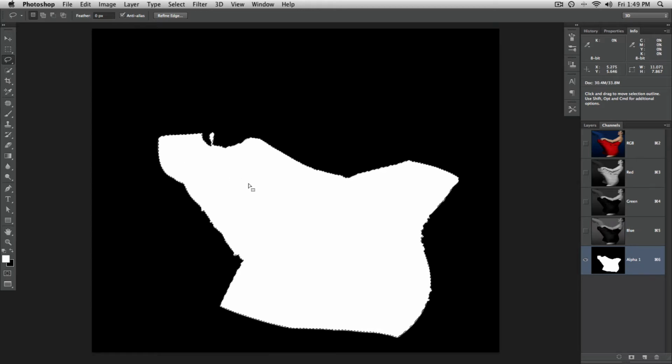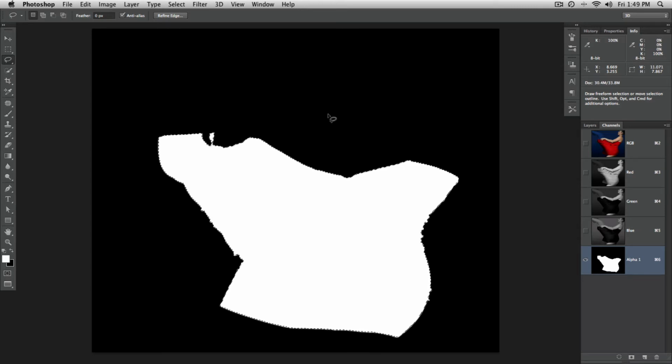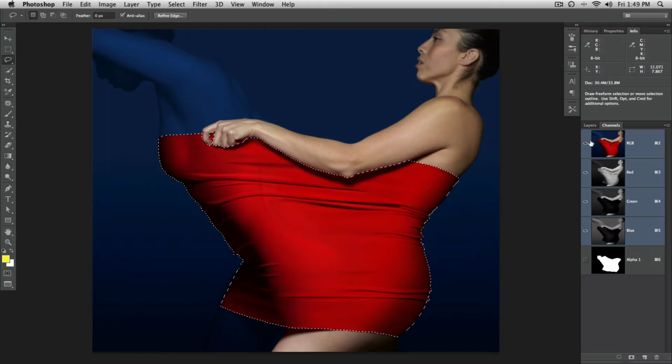What I want you guys to all be aware of is that the selected area is depicted by the white area. So anything that is white in a channel is a selected area. Anything that is black is what's referred to as a masked area. Okay, so this is going to be really important when it comes to the quick mask, simply because the first